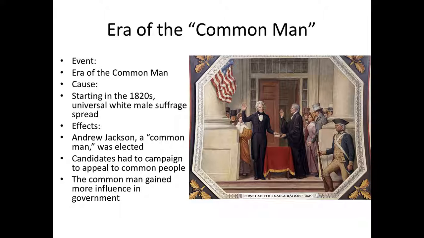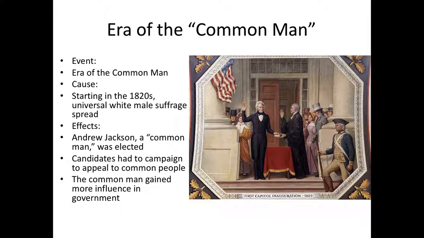We're about to talk about how some people have issues with this not being the era of the common woman. We're going to start seeing some people having issues with this not being an era that welcomes non-whites. More on that later on. But for the time being, remember that during this time period, this is a time of the so-called common man. That's the big political development of this time period.